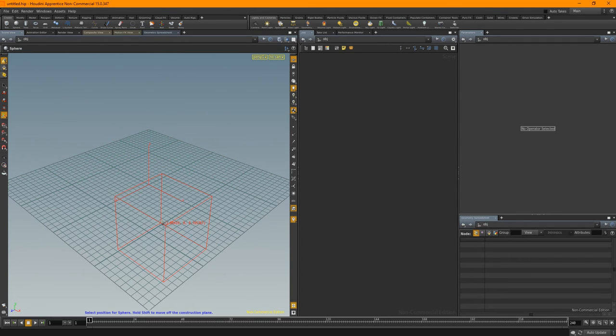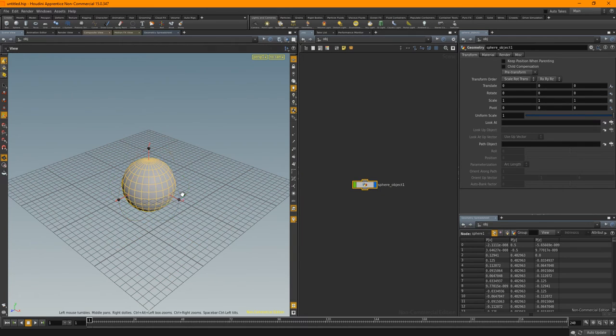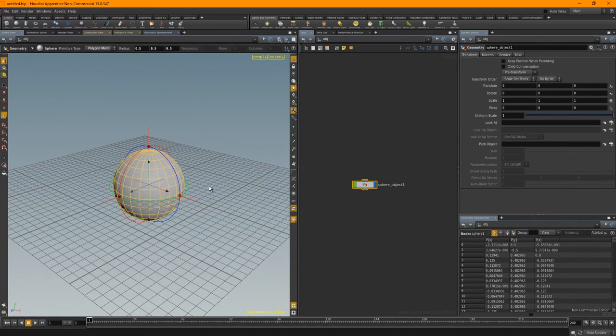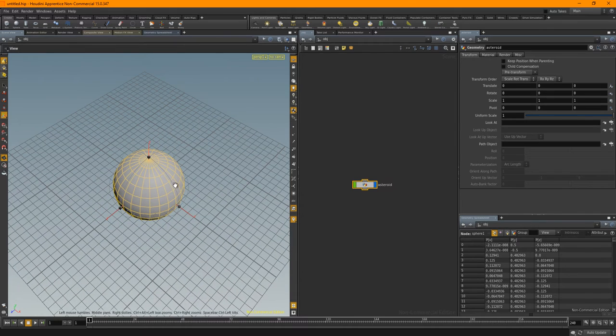So I'm just going to click a sphere, hit enter, drop it in RC. Now here we are, we have our sphere. We may as well call it asteroid, of course. Now when I'm looking at this, we are now using a polygon mesh, as it now comes in as default.